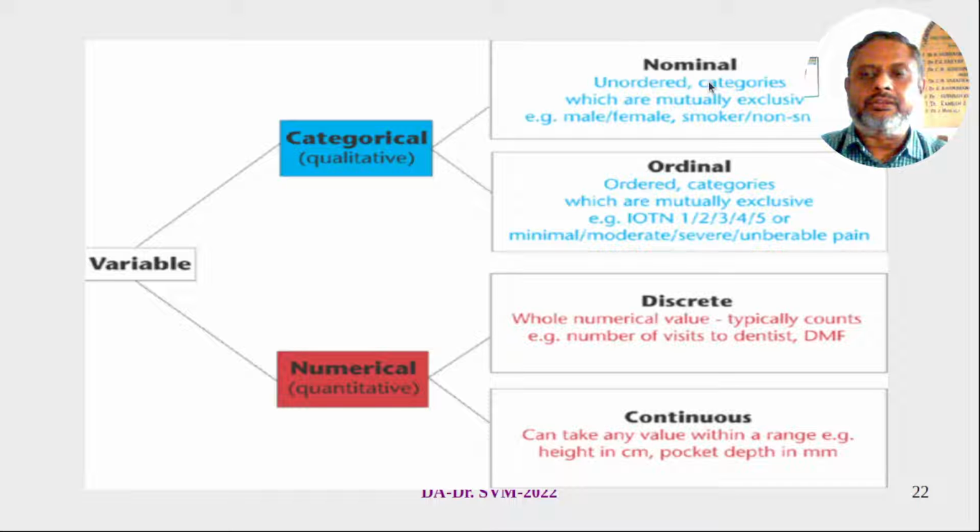Under nominal, we can talk about postal index, pin code. So if there are two pin codes, one code is talking about one area, the other code talks about another area. And if you look at them, it appears like numerical numbers, but you can't compare them. You can't just say that one number is bigger than another number, therefore this area is bigger than the other area. No, that's nothing. It's totally illogical to compare this pin code as a numerical value.